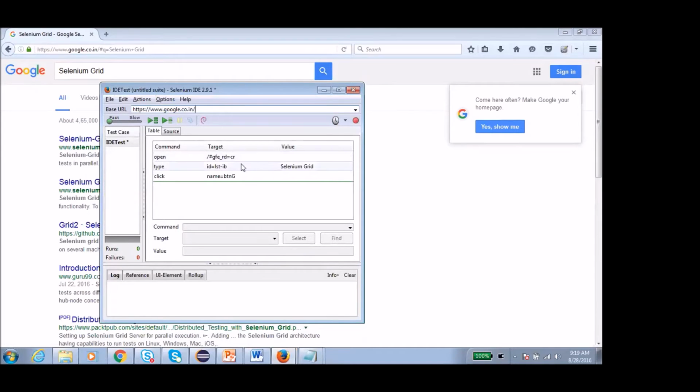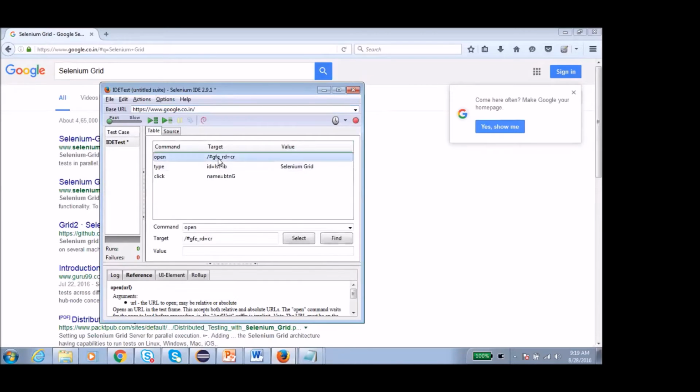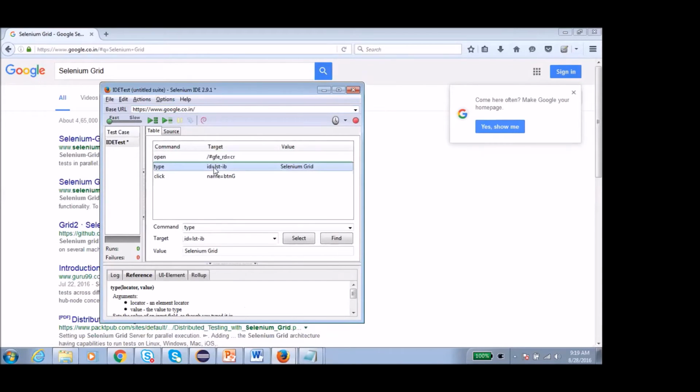Here you can see it has stopped recording now, and this is the target. This is the ID, the text field where we have written Selenium Grid. You can see the value as Selenium Grid, and this is the button we clicked, the search button, which has the click command.